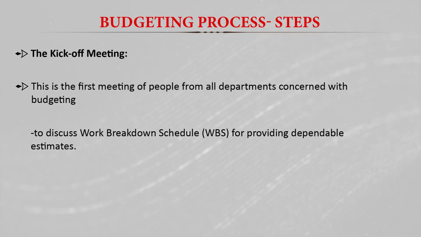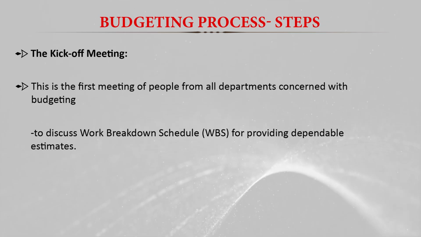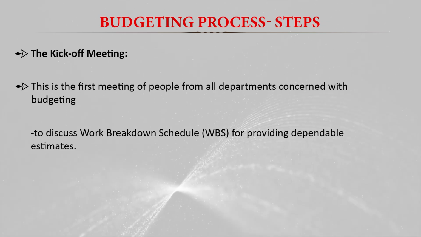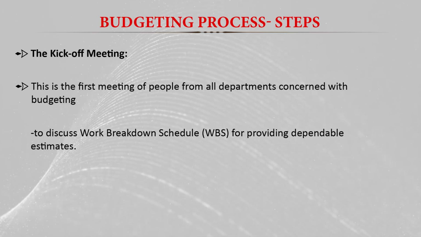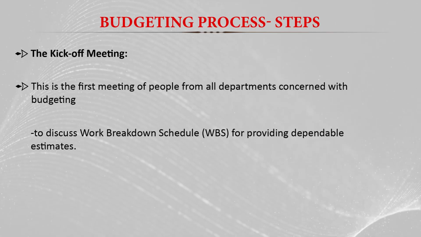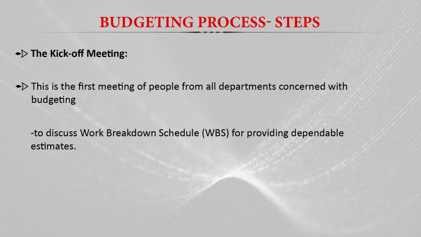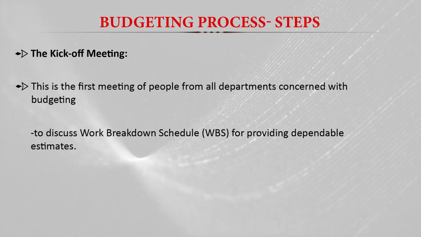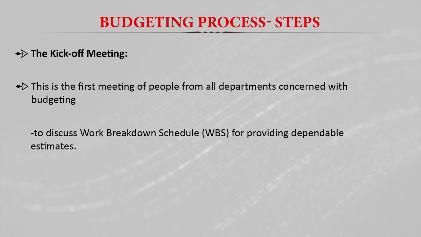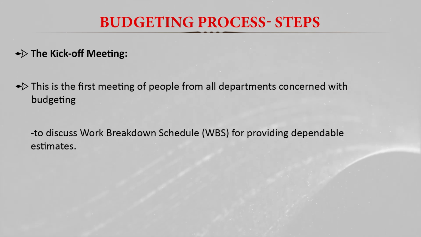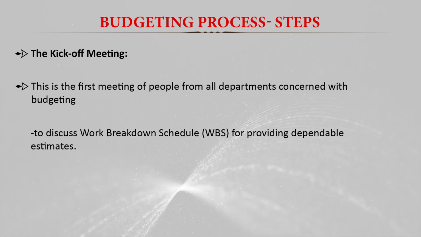We have some major activities and then minor activities, or activities at different levels, like in a development project, we can have activity at the state level, or activity at the district level, or activity at the grassroots level. So when we break the complete project into different activities, we develop the structure, and for each activity at each level, we estimate the cost. So that is basically the preparation of the breakdown schedule.